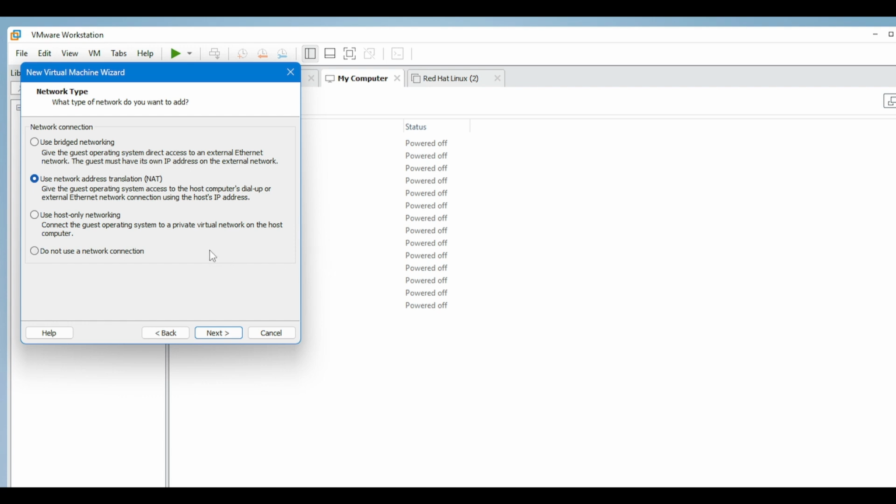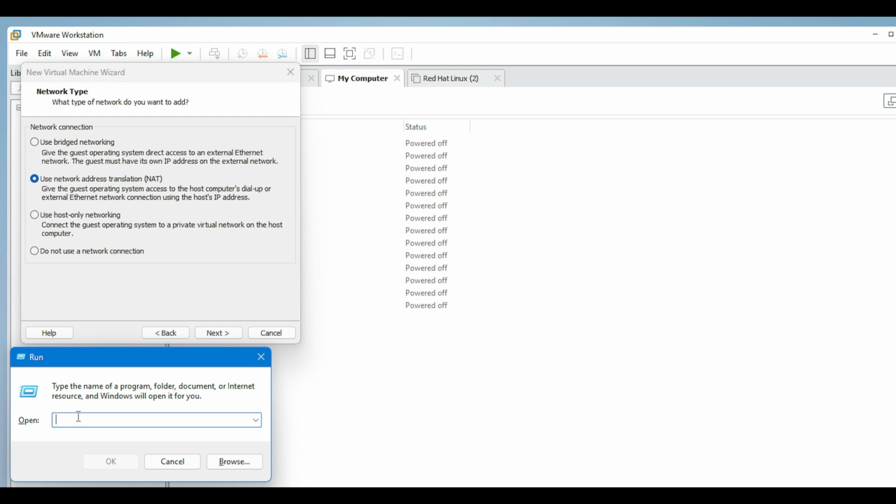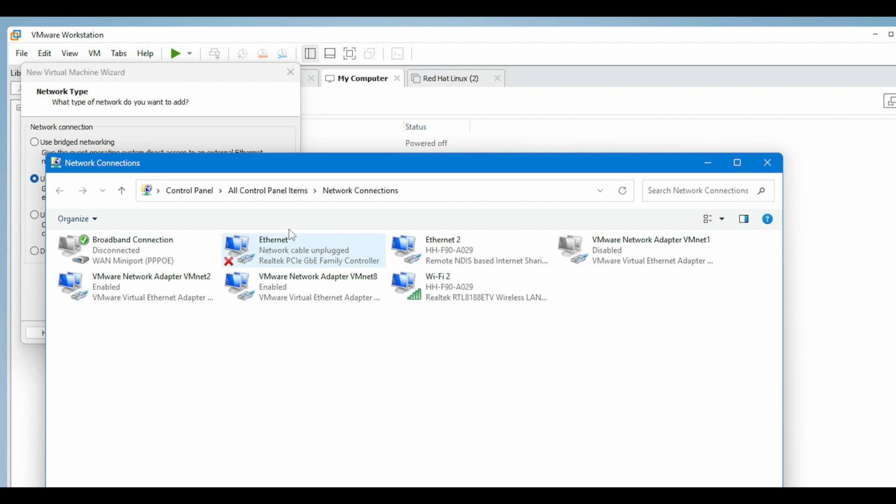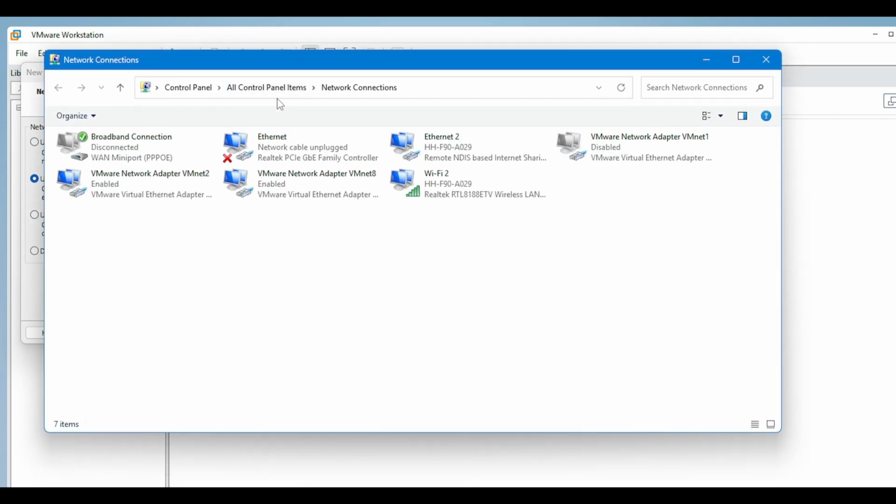First press Windows R, which means run, and run this command, then you will see these are the adapters. Here you need to understand the adapters. So this is Ethernet, with two new adapters attached, and VMnet1 is the bridge, which is disabled. VMnet2 is enabled, that is the host only.